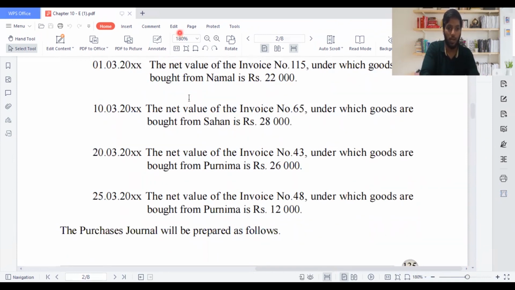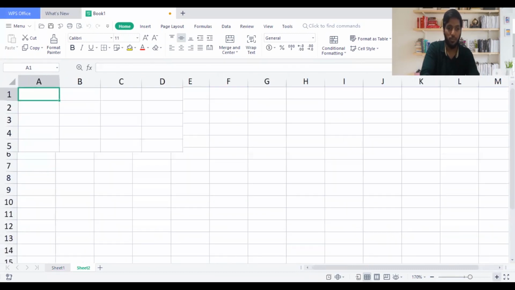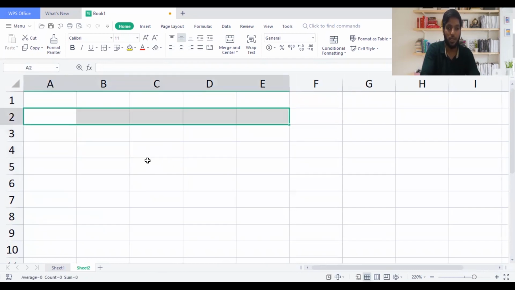So now you need to take a writing book with you. You're going to do the exact sum with me. I'm going to take a new sheet. This is some other work which I have done for another student. Anyway, let me zoom a bit. Okay. So I'm going to prepare the format. So take your pen. Five columns is what you need to use when you're doing this sum.